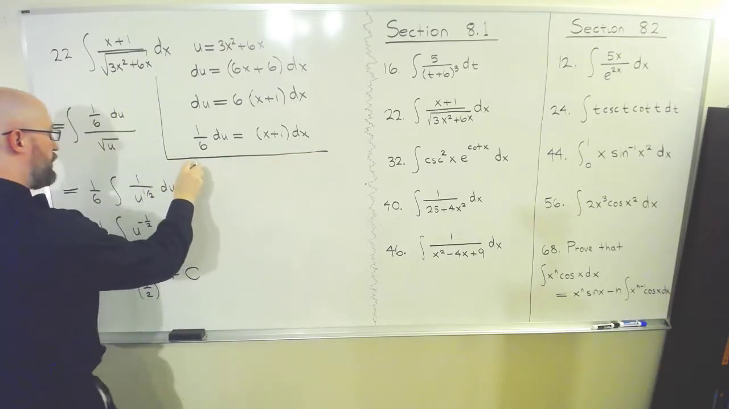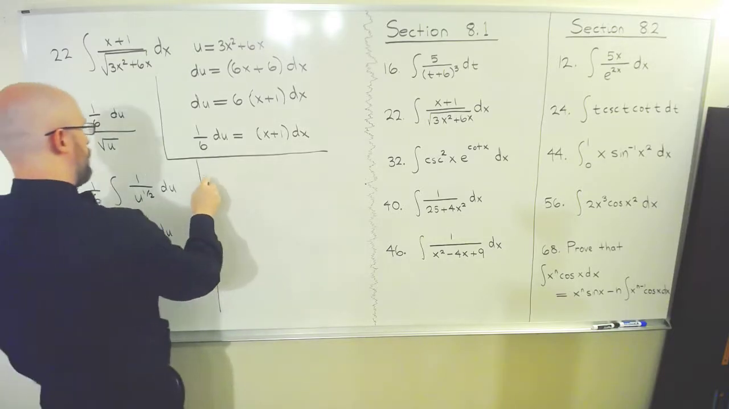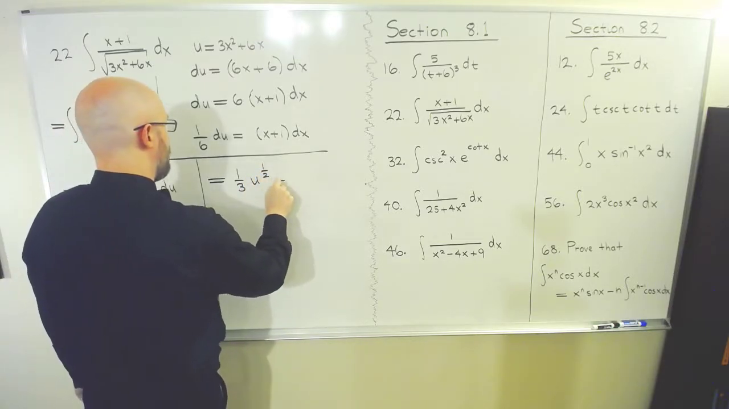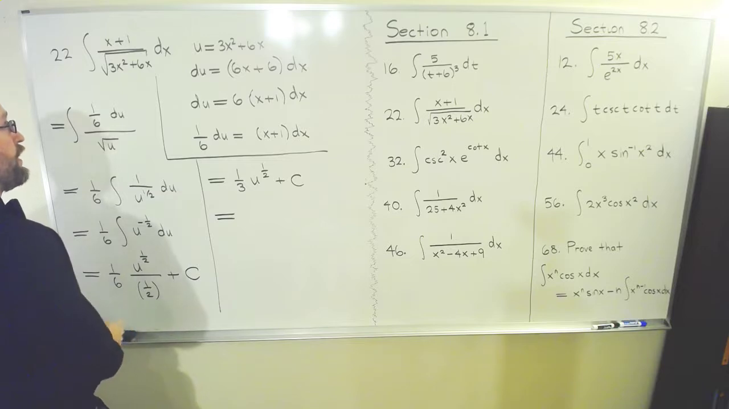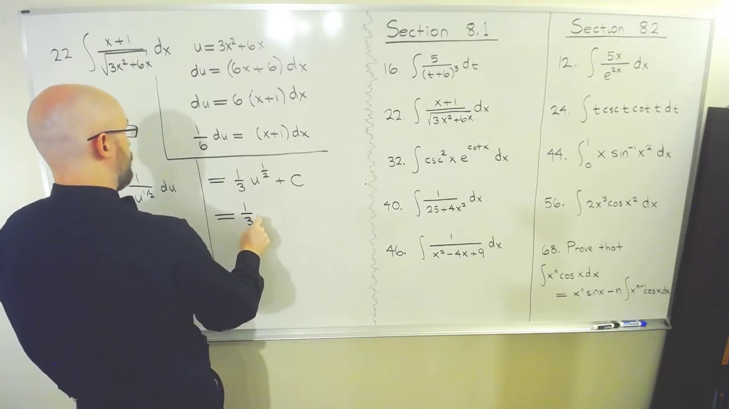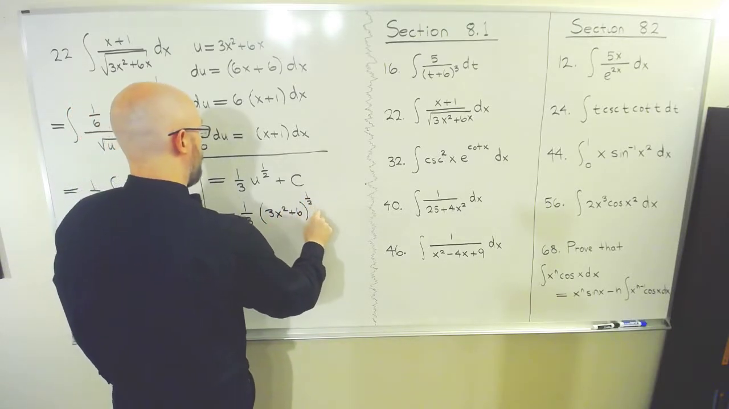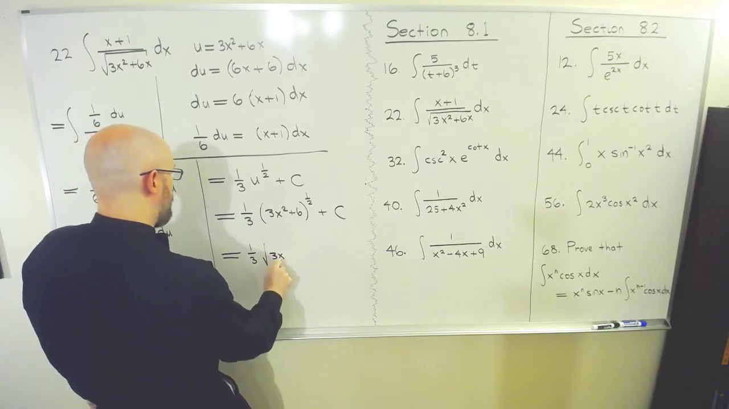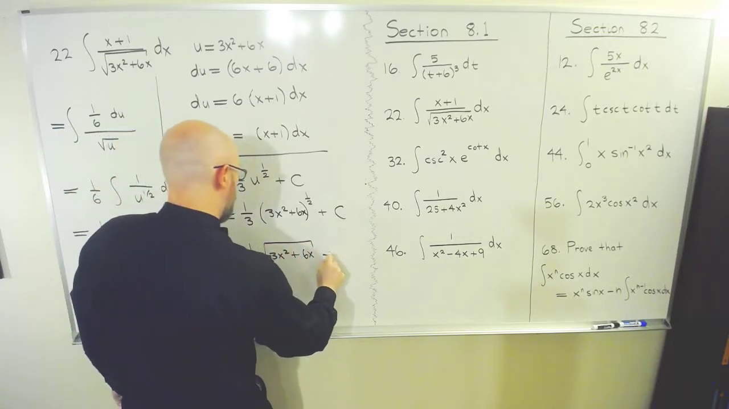So let me divide this here and then this here. And now we can simplify this. So this is 1/3 u to the 1/2 plus c. And then finally we put in the original variable again. So this is 1/3 times 3x squared plus 6x to the 1/2 plus c. And if you like, you can rewrite it again under the radical. You can replace the fractional exponent with a radical if you want to. I forgot to put the x there. 6x plus c,